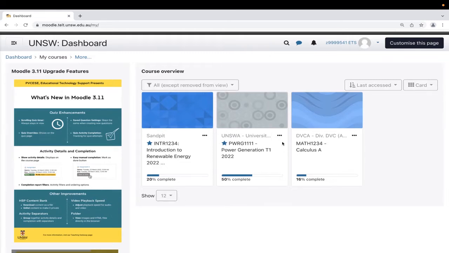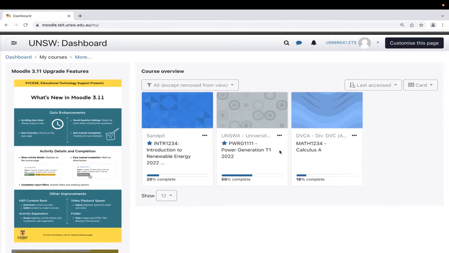So to enter into the course, as you'd expect, you can just click on any of these blocks, so any name of these courses, and you're going to go into the course page. Before I go into the course page, I do want to go over some things that will kind of scare you generally at the start of every term, and that is when your course will appear in this dashboard. So usually you'd expect that when you successfully enroll into a course, they'll pop up into your dashboard, and that's when you know that your enrollment's good and everything is good.